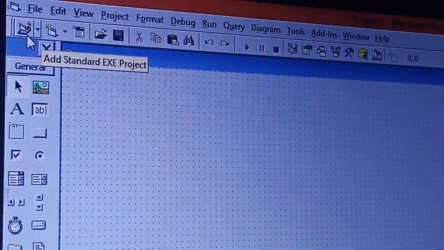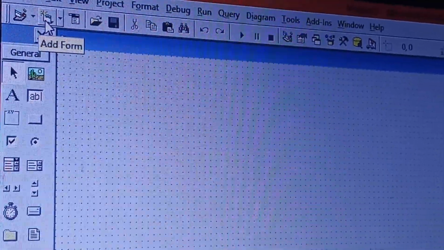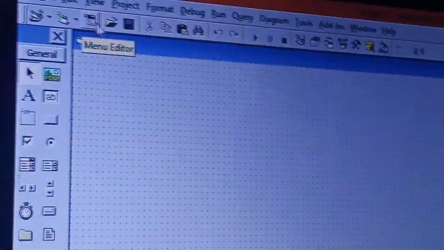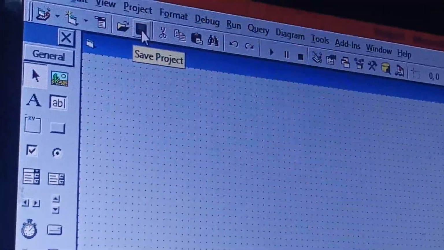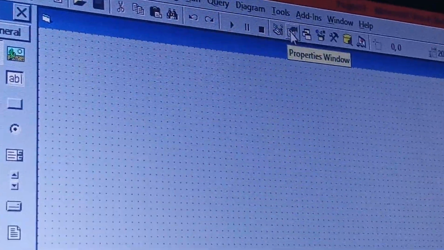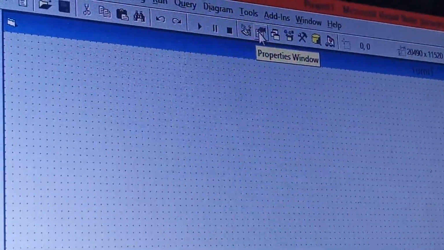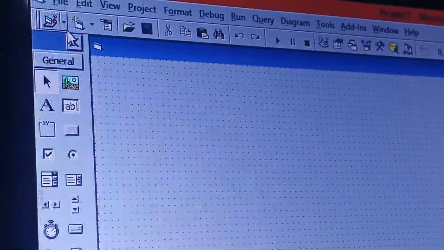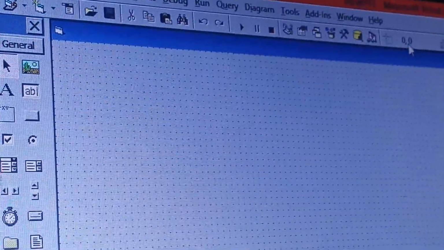For example, if I want to open a new project, add a form, open a project which is already saved, or save the project. This is my project explorer and property window. You will come to know about this in some time. So the toolbar actually gives the options which we most commonly use.